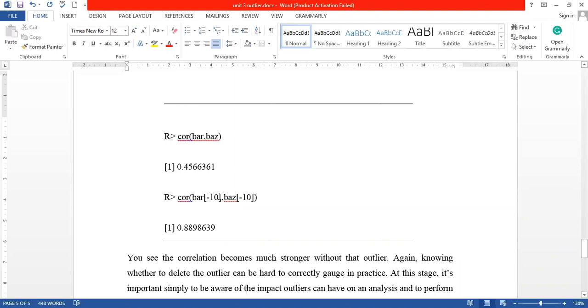And if we just remove the last, 10th value, which is an outlier value, we have subtracted this value from the index -10, and -10 we have taken here. Now, if we take the correlation, it is 0.88. You can find that if we include the outlier, the correlation is very low, whereas if we exclude the outlier value, the correlation is much higher in comparison to the previous one.